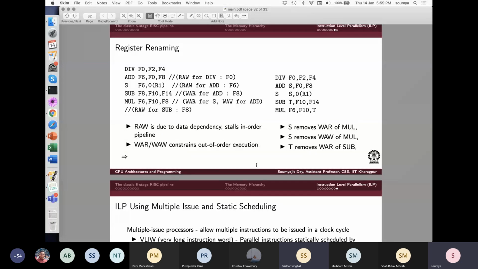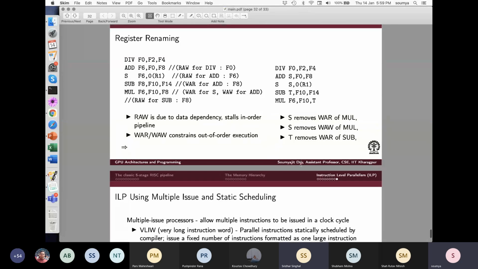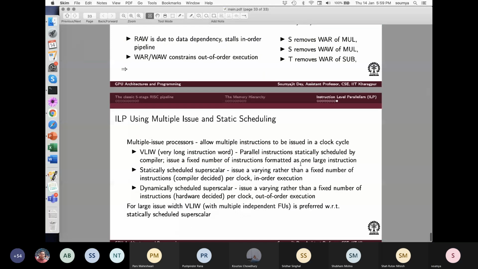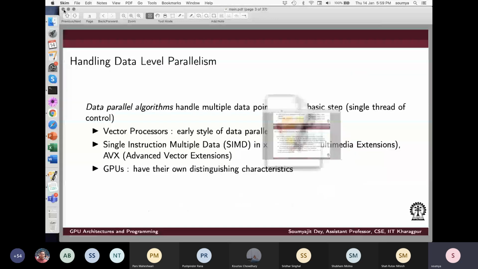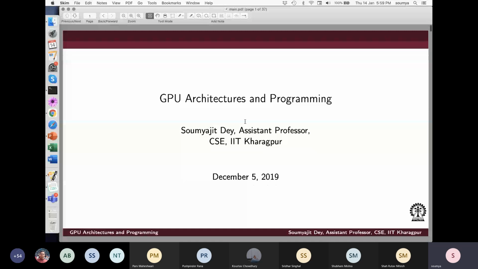Sir, if we were coding, we could also remove the hazards while coding, but in this case, the compiler removes them. Yeah, because you are not coding at the assembly level, right? You are coding at a higher level. So yes, whatever will happen here will be done by the compiler itself. Okay, so that's about the basics we wanted you to discuss, and then comes the next slide.